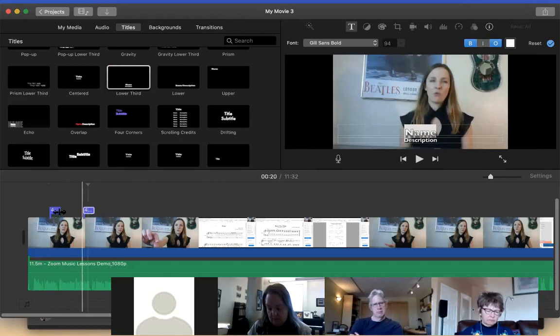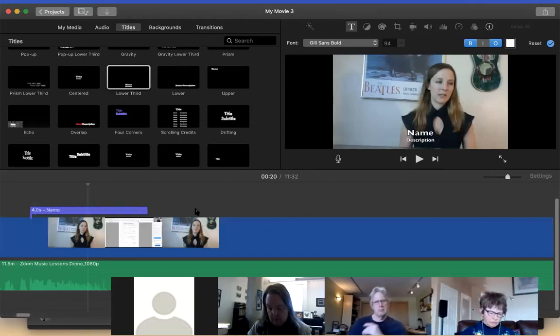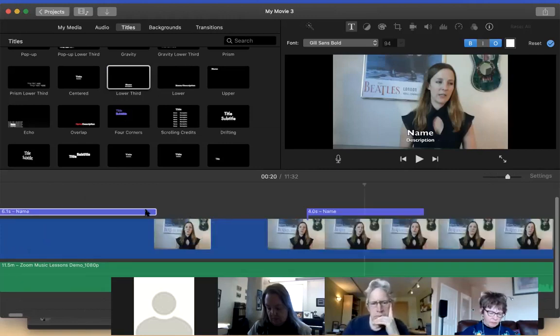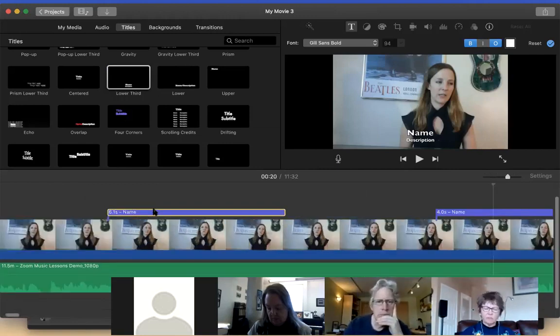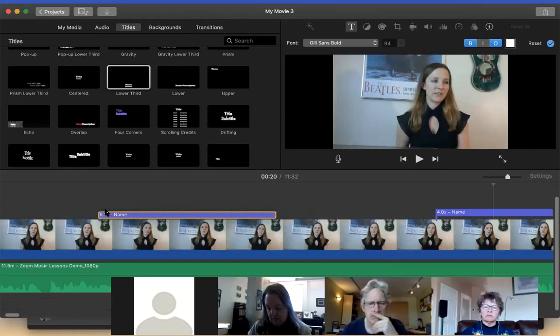I can increase the length of that by clicking on the right-hand side of that purple line. I can make it go for longer, or I can make it go for a shorter time. And I can even move it around when it's in here. If it's not in the right spot, I can adjust that. And if I want more fidelity, I can always zoom in and get a little more fidelity to be able to pin it right where I want it.